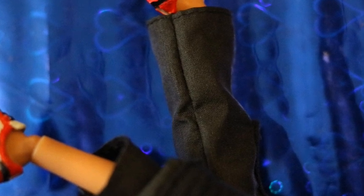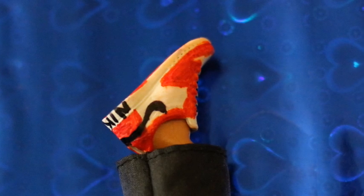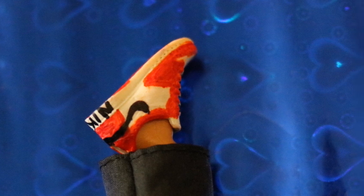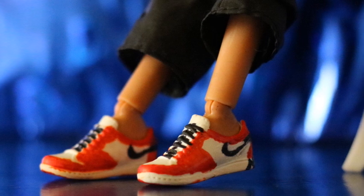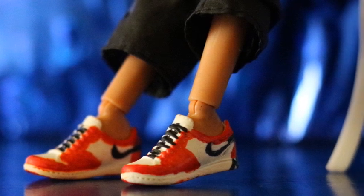It was easy. I didn't use polymer clay to make the sneakers. I don't really know how to use that type of material yet, but I would love to try it. But yeah, something as simple as that, because I want my dolls to have really nice designer